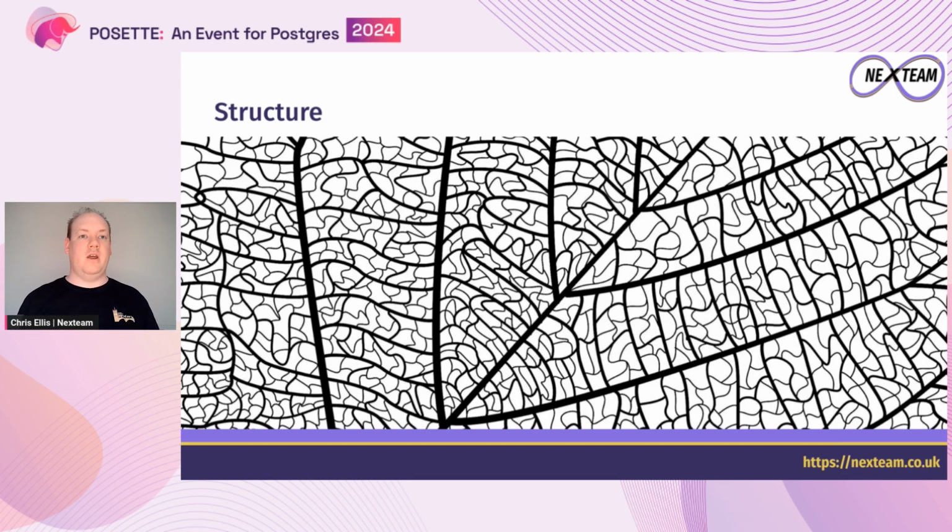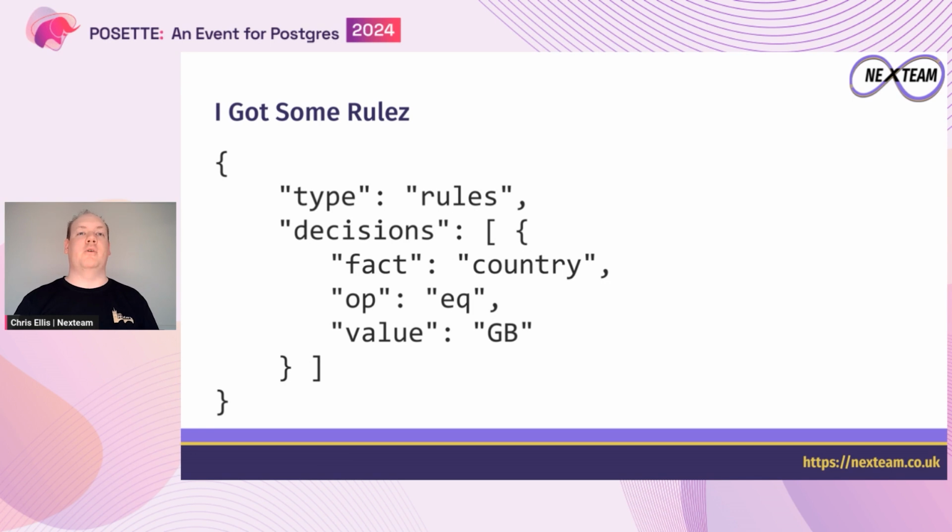First off, let's move on our example and make it a bit more complicated. One of the things we've been doing on our project is dealing with rules engines a fair bit. So we're storing a JSON blob of all the rules in a table. That's a basic structure where we've got a bit of metadata about the rule set, and then we have basically a list of rules that need to be applied. What we want to do here is insert this into our table, but we want to make sure that we're always inserting a valid rule set. So we want to make sure that it has these basic metadata properties.